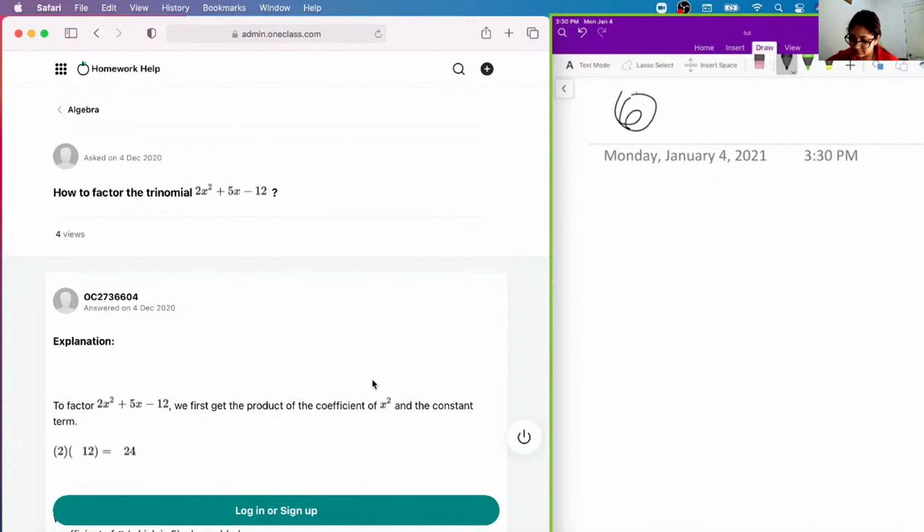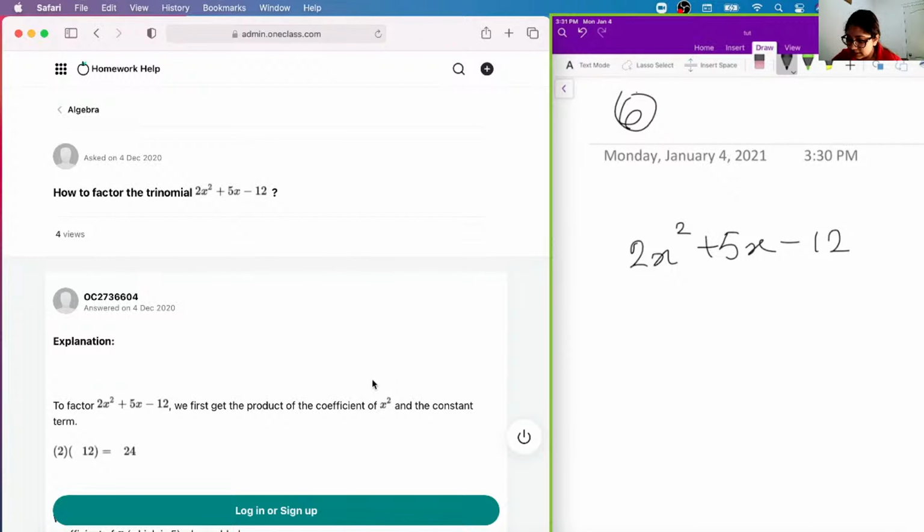So the next question says, how to factor the trinomial 2x squared plus 5x minus 12. To do that, what we want to do is basically factor it. When we're dealing with polynomials, in this case we have 2x squared plus 5x minus 12. Okay, so the first step would be to find a number that